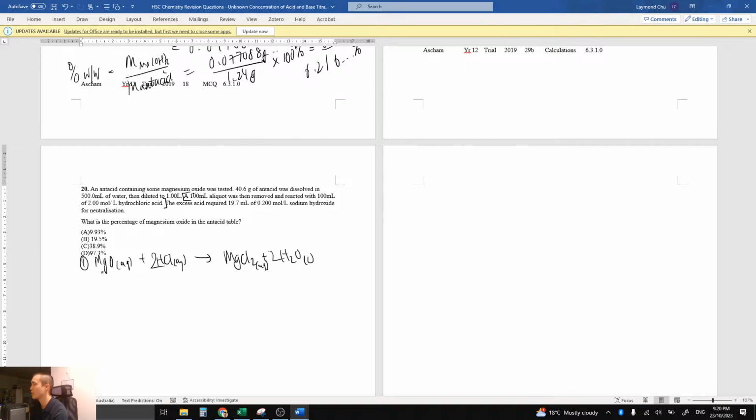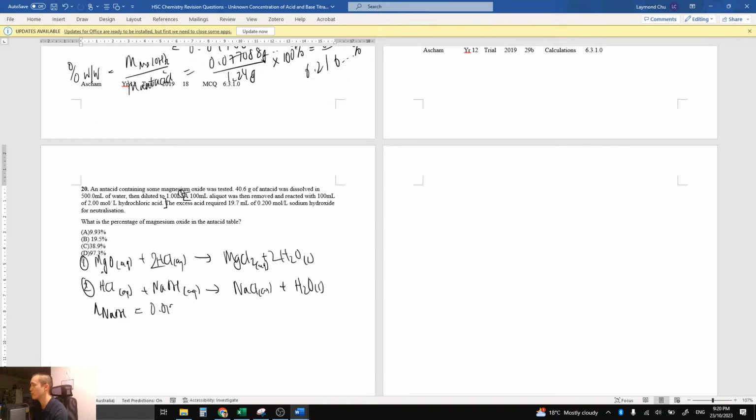That's number 1. The excess acid required 19.7 ml of that. That's our second reaction: NaOH aqueous plus HCl aqueous gives NaCl aqueous plus H2O liquid. That's our second reaction. Now we can use this number to find n of NaOH,